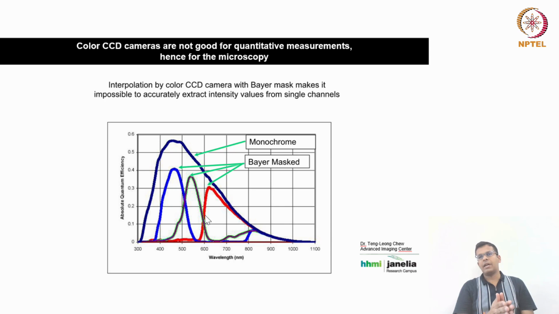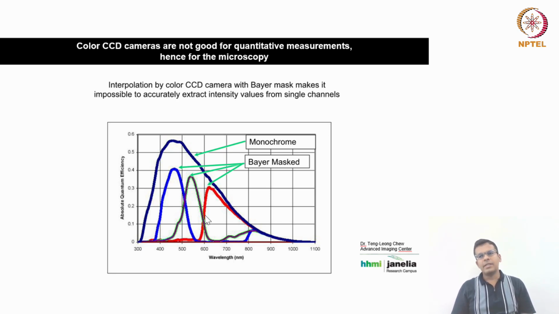sequentially. Let's say if we have to image a three color sample, red, green, and blue, first we'll image the red color, then we image the green color, then we image the blue color. Okay, so we take the images sequentially, so that we can adjust the brightness and intensity for individual channels, and if you want to measure the fluorescence intensity of each color, we can measure. And that's why generally the monochromatic cameras are preferred in microscopy over color cameras.